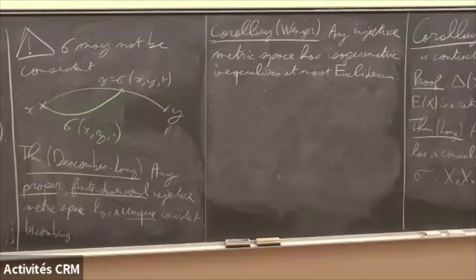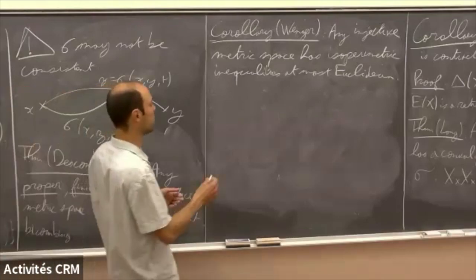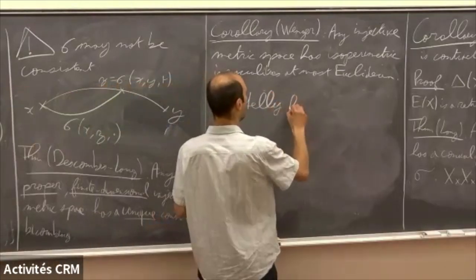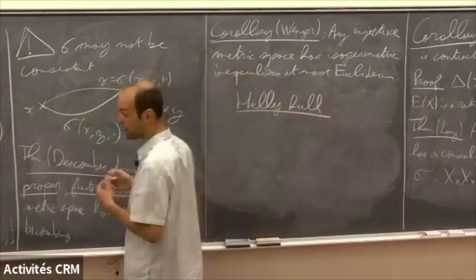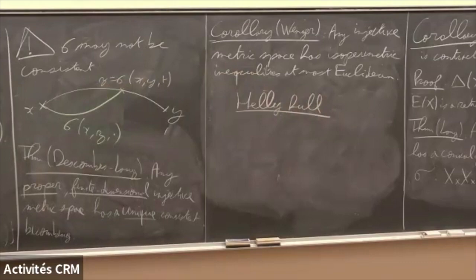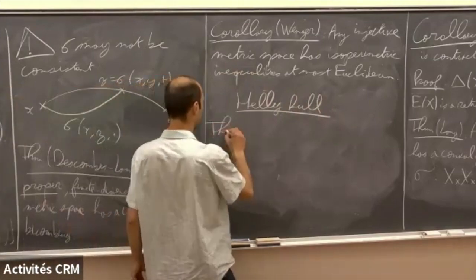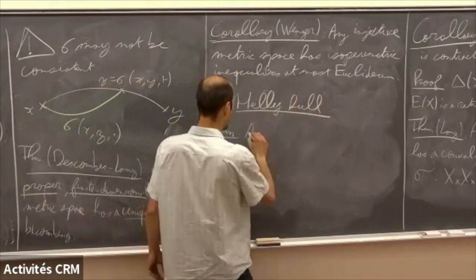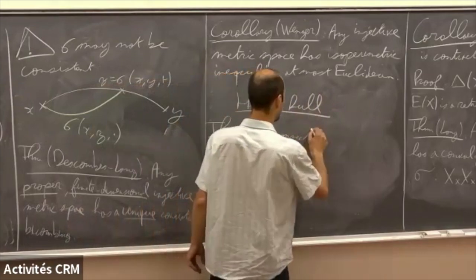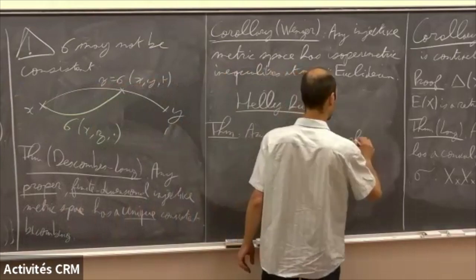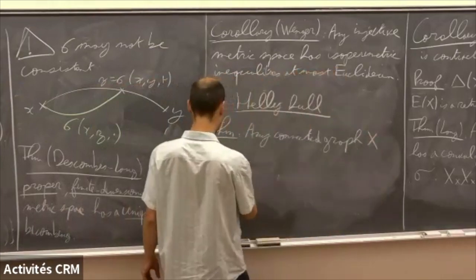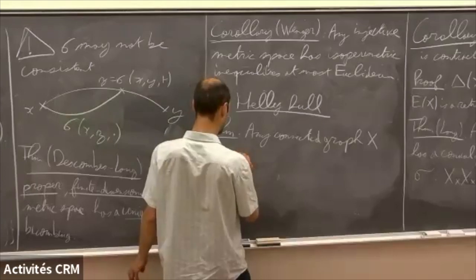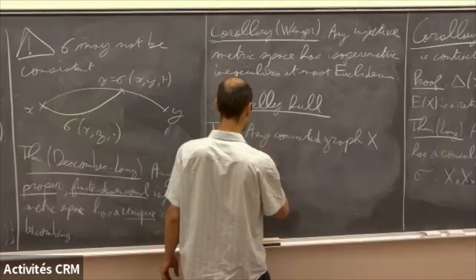Any other question? Okay, so this has been all about injective hulls of metric spaces. I will now talk about the discrete analog, which is due to Helly. So there's an analog, and I will now state the results. Every connected graph has an isometric embedding